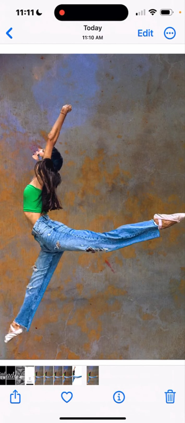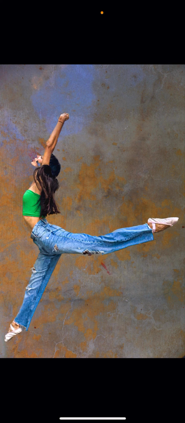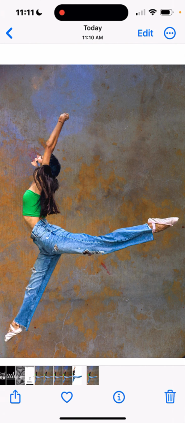Come on, there you are. Look at that. I mean, that's really cool, I think. And we got the heel fixed, and now we've got her on that background. And we could be done at this point if we wanted to. But one of the things that I like to do is play with that background and that subject a little